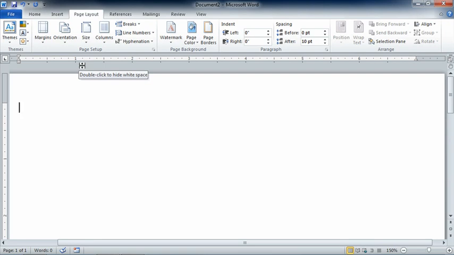so we get an accurate picture of the final output as we work. Some people change it later on, but I'm a very visual person, so I like to get all of these things set up initially so as I create the content, I can see exactly how it's going to look on the page and make sure that it's all going to be appropriate. It's a fairly quick step, but I think an important